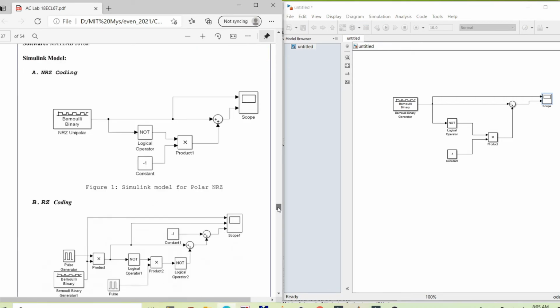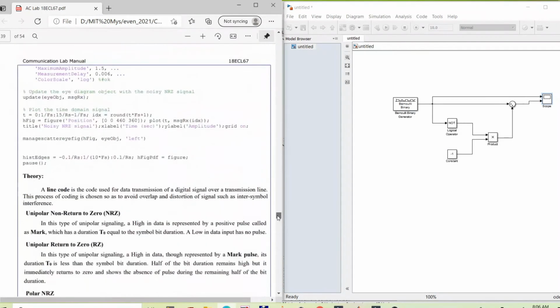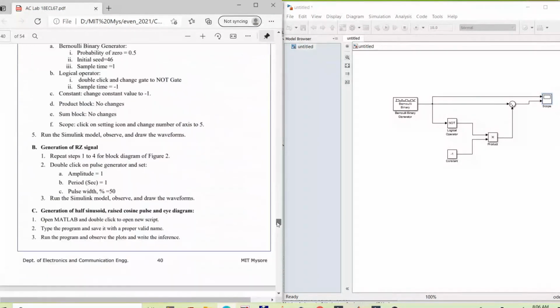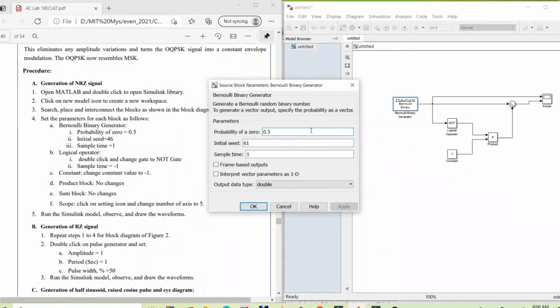Now configuring other blocks, just like the Bernoulli binary generator. What I mean to say is the parameters need to be set for this Bernoulli binary generator. You can see the probability of a 0 is 0.5, the initial seed is 61, I will change it to 46, and the sample time is 1.